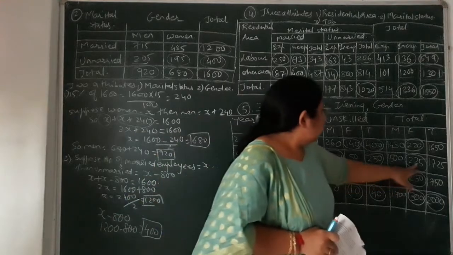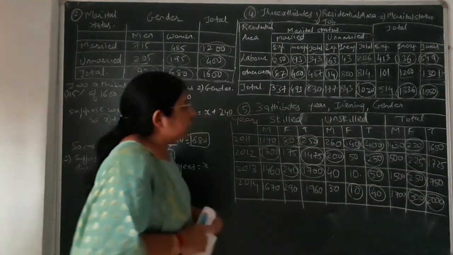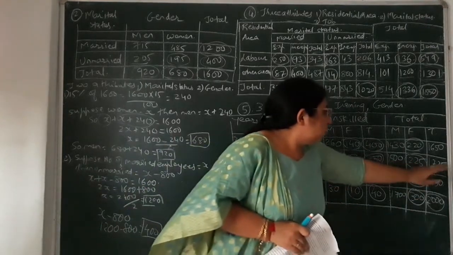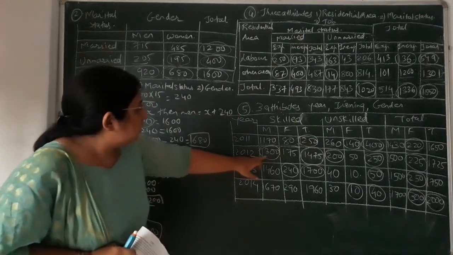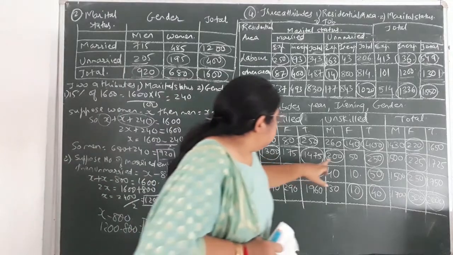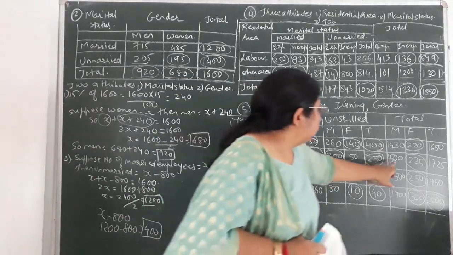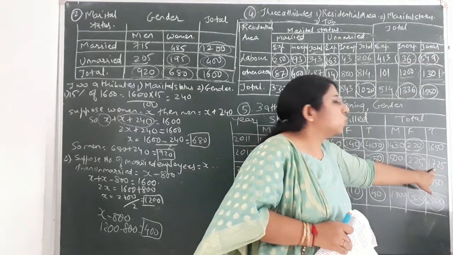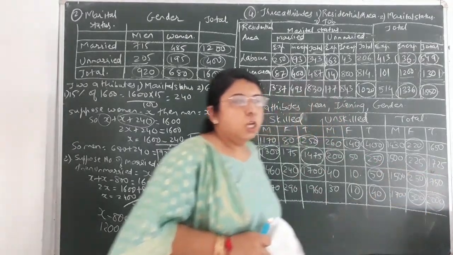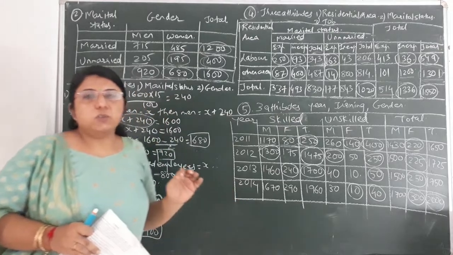Now over here 225 value is given to you, but male and total value is not given to you. So first of all we'll find the male total. So how to find the male total? 1300 plus 200, that would come to 1500, and 1500 plus 225, that would come to 1725. Okay, so we have cleared the second, that is 2012.